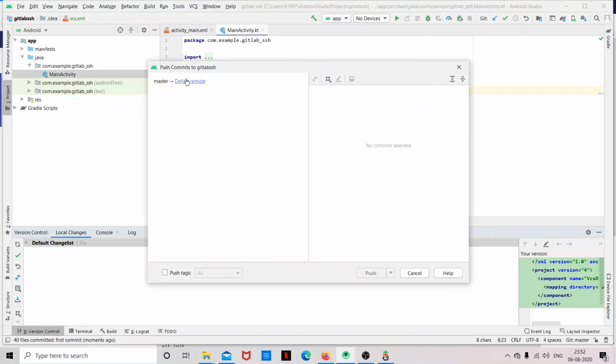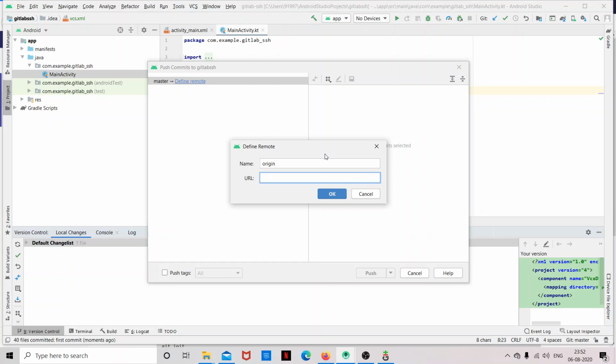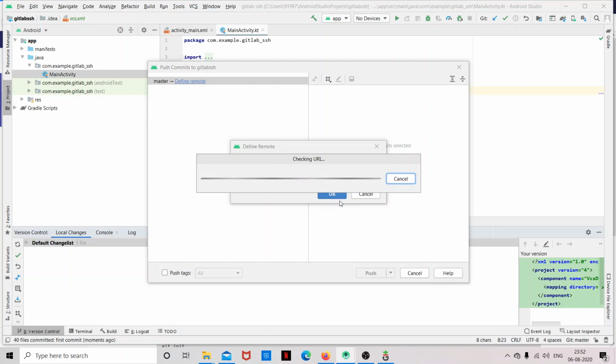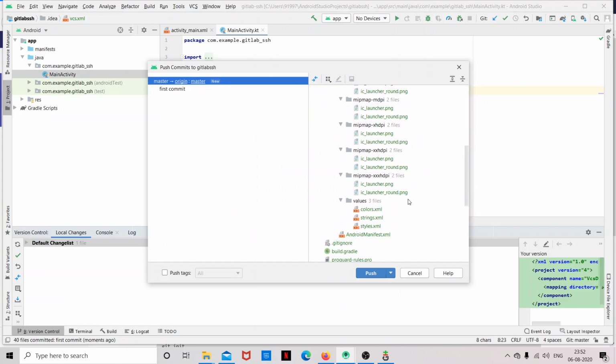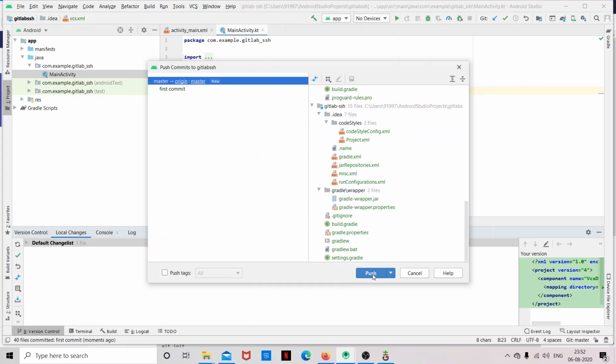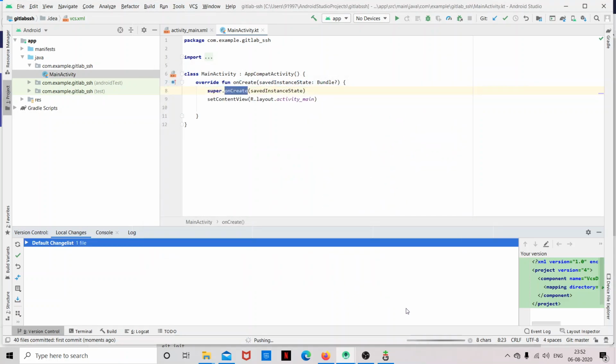So again, I have to define my remote. So I'm going to paste the URL which I just copied. And I'm going to push it. So all my files have pushed.